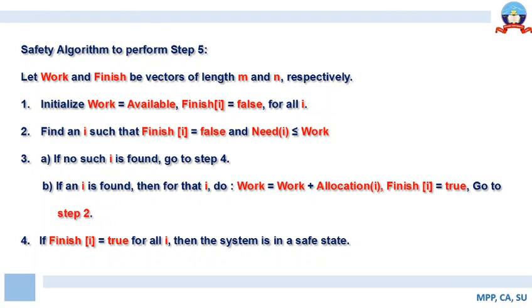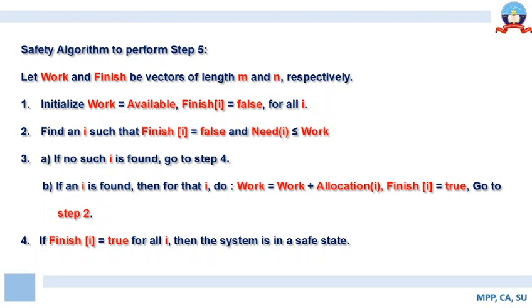Once the process completes its execution, it will deallocate the resources. Once the deallocation is done, then work will be updated with work plus allocation, because whatever was allocated is now released and the available resource has to be updated. So this particular statement, work is equal to work plus allocation i, is a